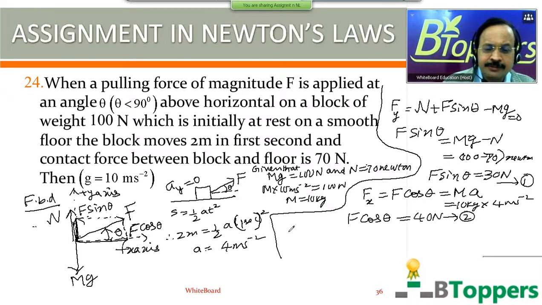You can solve equations 1 and 2. Those who want to copy the solution of the problem can start writing, because the rest of the part is only simplification, which you can as well do yourself. If you are asked to find only theta, you can divide equation 1 by equation 2. If you are asked only for the magnitude of the pulling force, you can square the two equations and then add them. So if you divide one by the other,